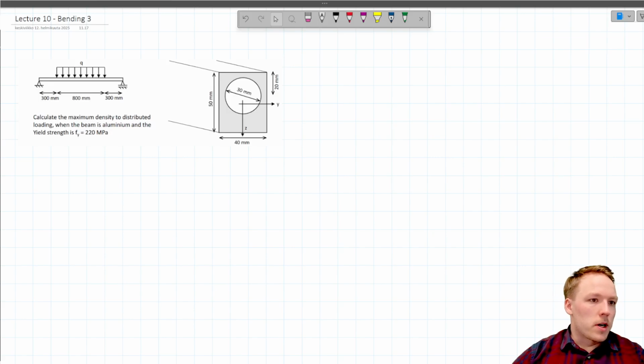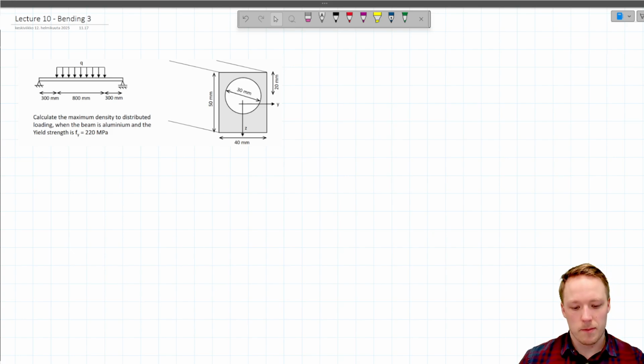In this task, we're asked to calculate the maximum density for the distributed loading Q when the beam is made out of aluminium and the cross section is as shown in the picture, and the yield strength of that aluminium is 220 megapascals. The formula for bending stress, we know it goes like this: sigma equals